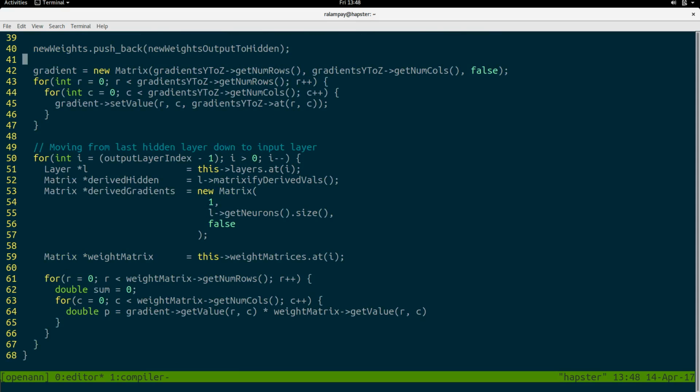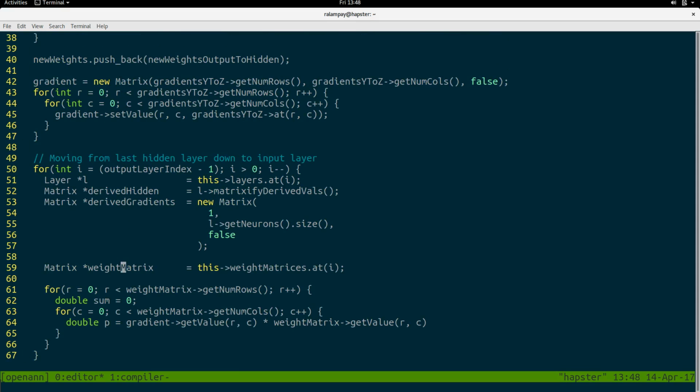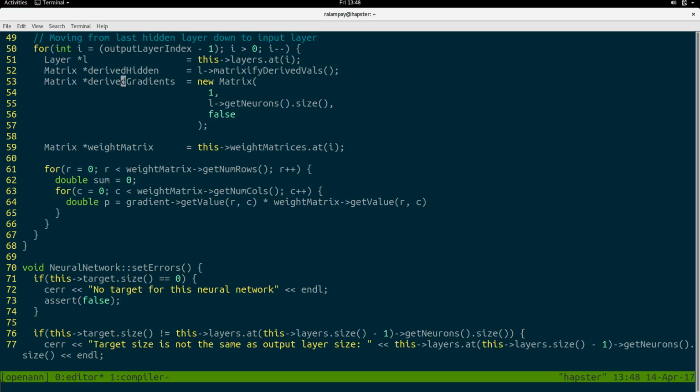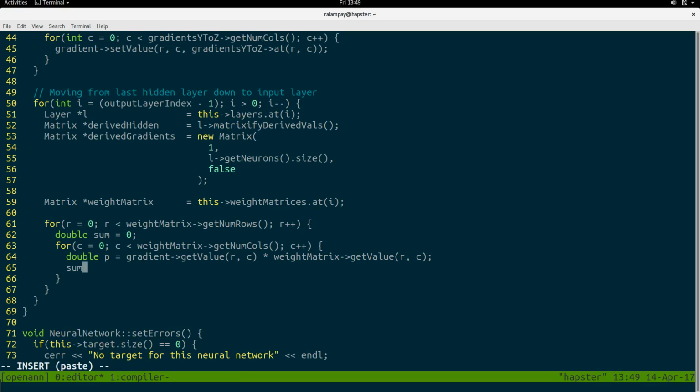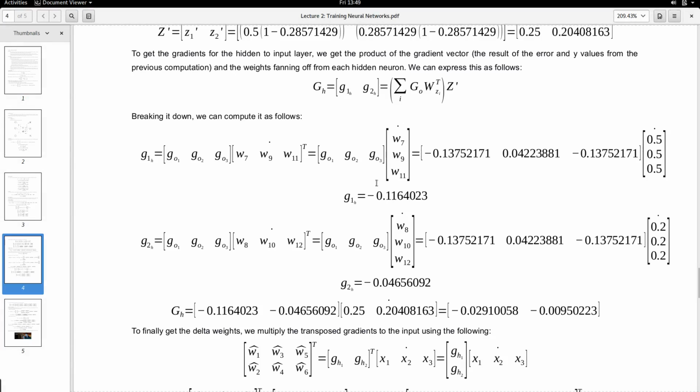Initially it would be set to the gradients from the gradients y to z, and we'll move on as we update it. So we say sum plus equals P to get the summation of that. Once we loop column wise, then we can set that for